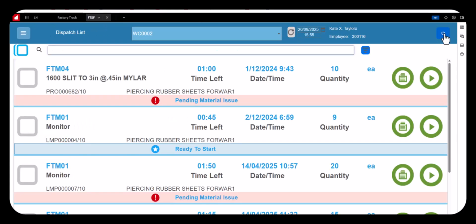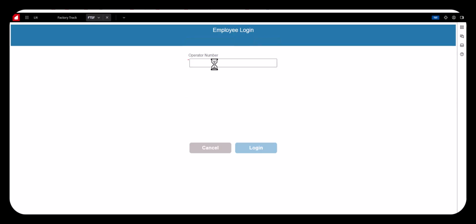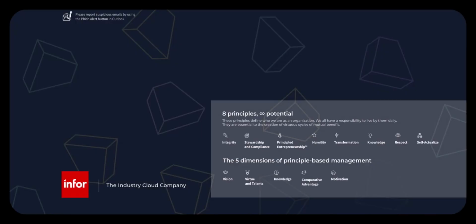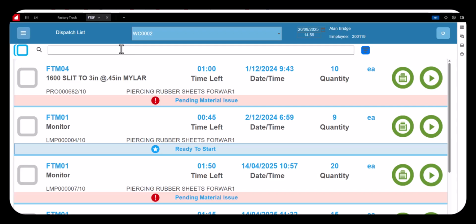At any time, I can click on the log out button and let somebody else clock in. So now somebody else is clocking in, 300,119. And what we find here, very often we have a situation whereby a customer does have the barcoded traveling documents that are lying around. So if that is the case, then we would allow him to scan in that in